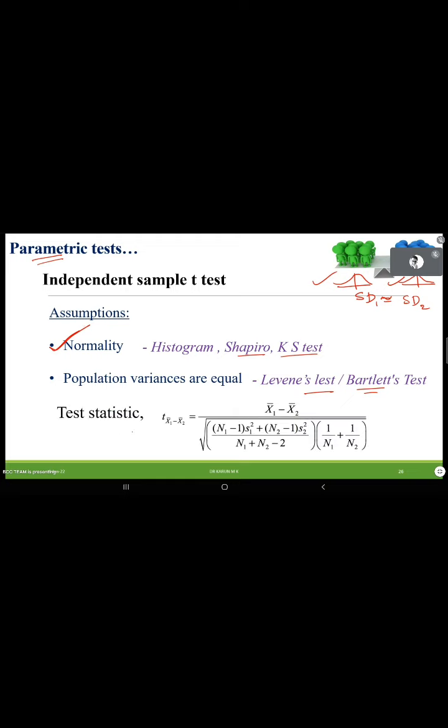So I think students are familiar with this test strategy. Whenever you are doing manual calculation, you should estimate the mean and the standard deviation from two different groups. Use this equation, substitute everything, calculate the t-value, compare the calculated value with the table value, and make the decision. That is the way we are doing it, no? The manual calculation. We are going to do the same using software now, so don't worry about this point. This is the manual calculation equation. So whenever you go for the independent sample t-test, you should check the normality first.